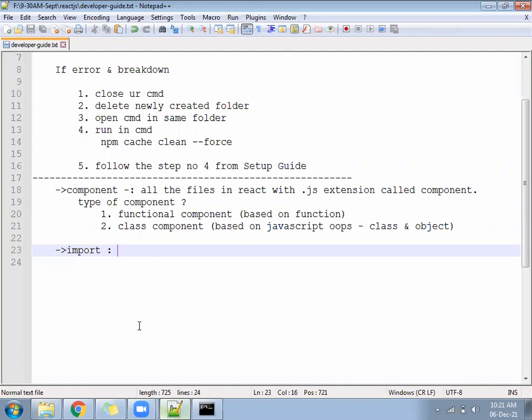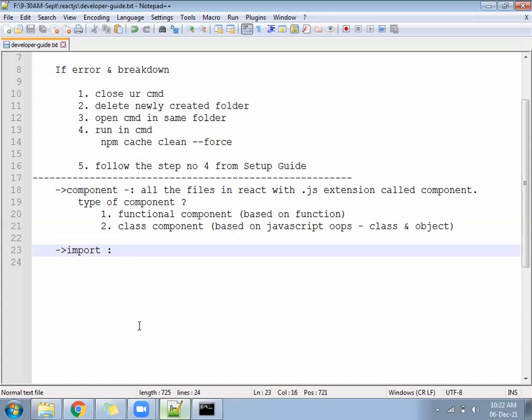Example, you have a user file. Inside the user file, you can import the login file. Login has to be ready to export, then only you are importing. If login says, sorry, I can't come, then you cannot import that. That means login is able to export. Login is exported, then only you are going to import. Okay, so those words we will write here.